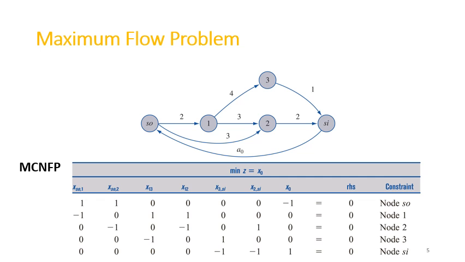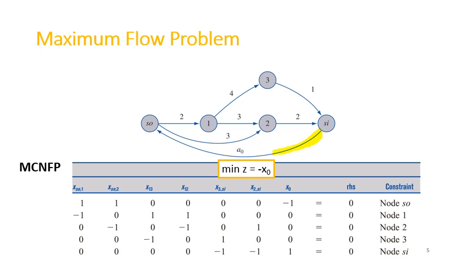So these are the constraints of the flow balance constraint and the objective function. Remember that the objective of the maximum flow problem is we try to flow as many units of things as possible from the source to the sink. And then we put an artificial arc saying that we want to maximize whatever is flowing out from the sink. So we want to maximize the flow out of the sink, which means that we should minimize minus of that